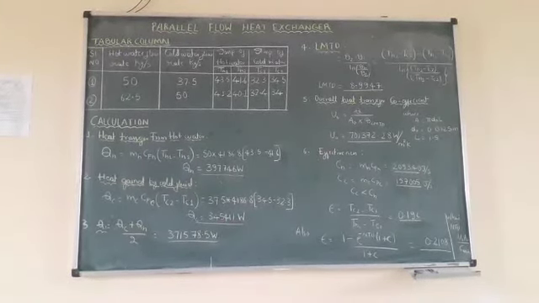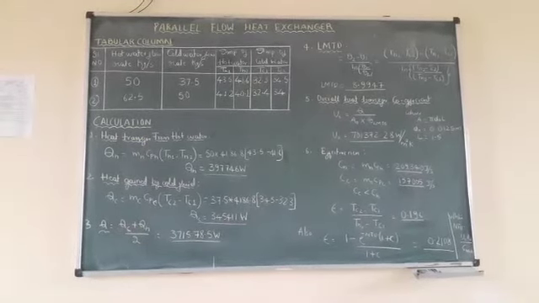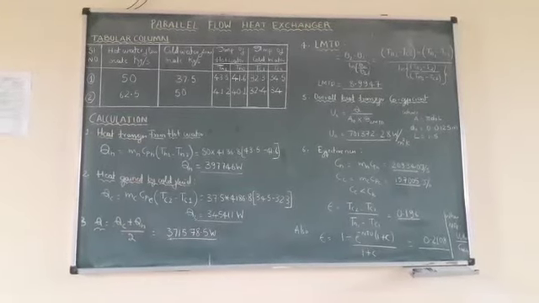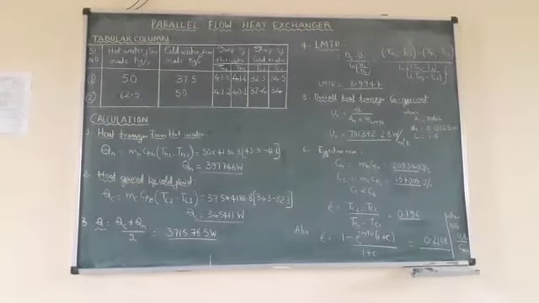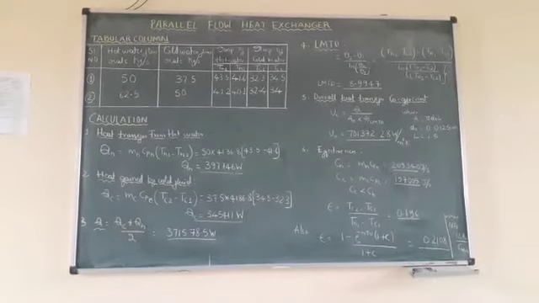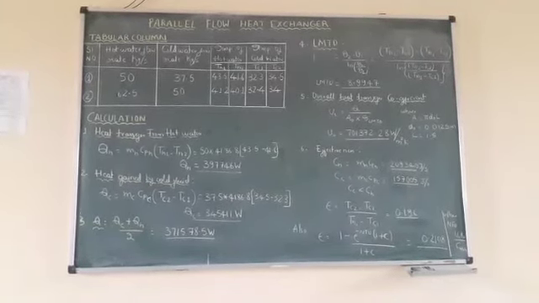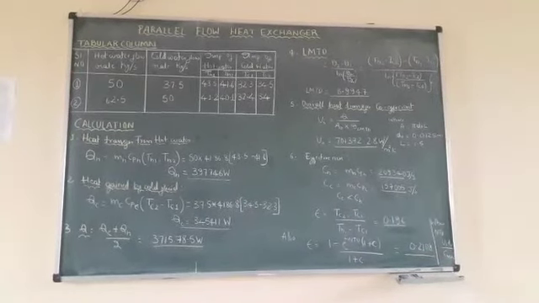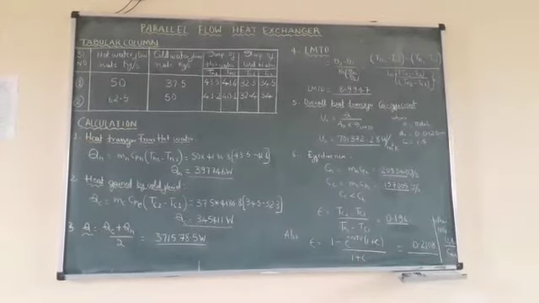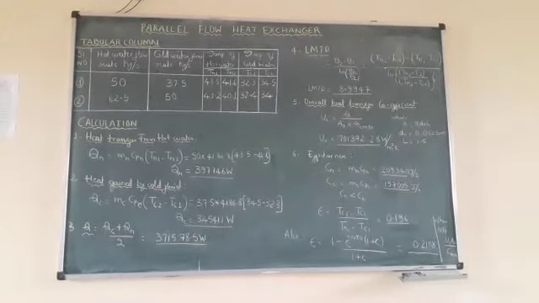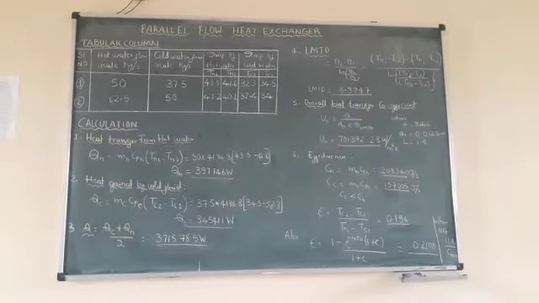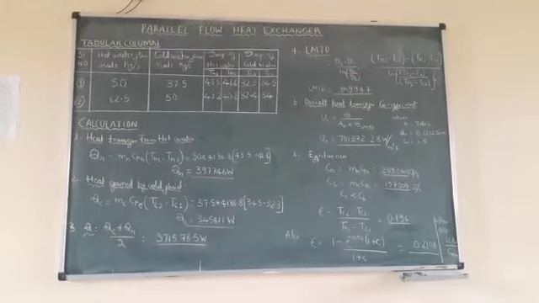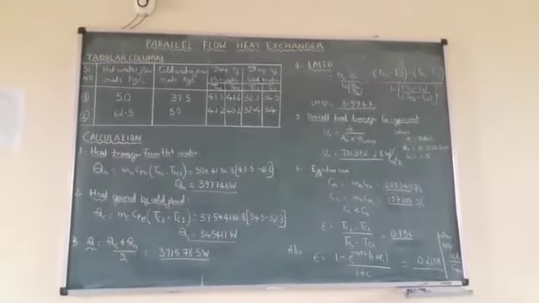So when I take the heat transfer rate, we need to take the average of QC plus QH divided by 2. So that will be 371578.5 watt. Next, calculate LMTD. We have the formula of LMTD as theta 2 minus theta 1 divided by ln theta 2 by theta 1, where theta 2 is Th2 minus Tc2 and theta 1 is Th1 minus Tc1. Just substitute the value of temperatures which we have got from over here. We will be getting LMTD as 8.9947.